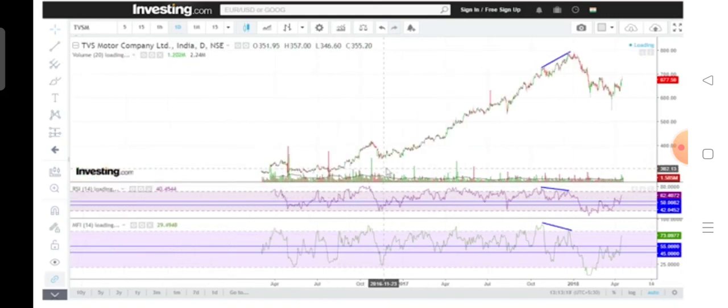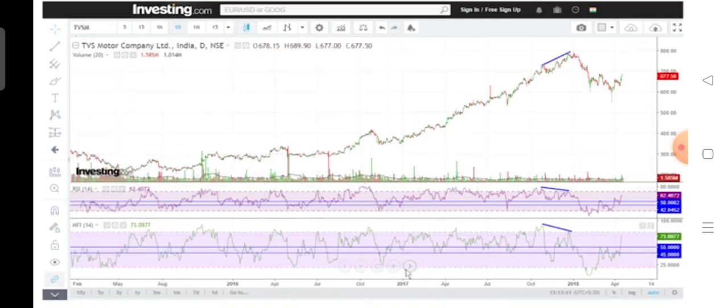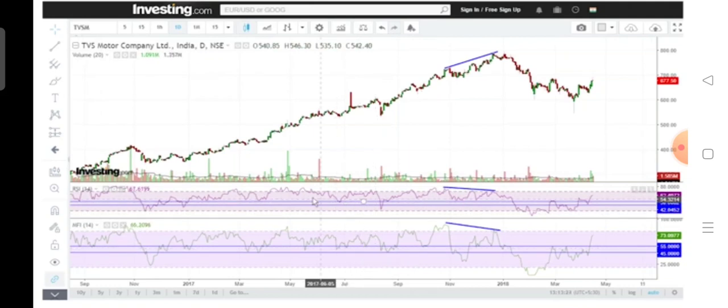Now, let me show another thing. This was a great up move in the stock of TVS Motor, and we could see that this 45-55 band acted as a good support in the case of RSI, and they provided good swing trading opportunities. What is swing trading? This is an uptrend, so on the small pullbacks someone gets to buy with a very small stop loss. This is called swing trading, along the direction of the major trend, but on smaller pullbacks. Similarly, in the case of a down move, if someone is selling on these pullbacks, these are called swing trades.